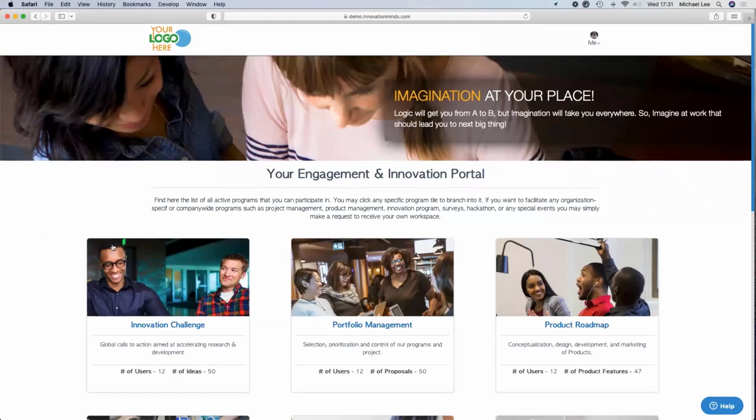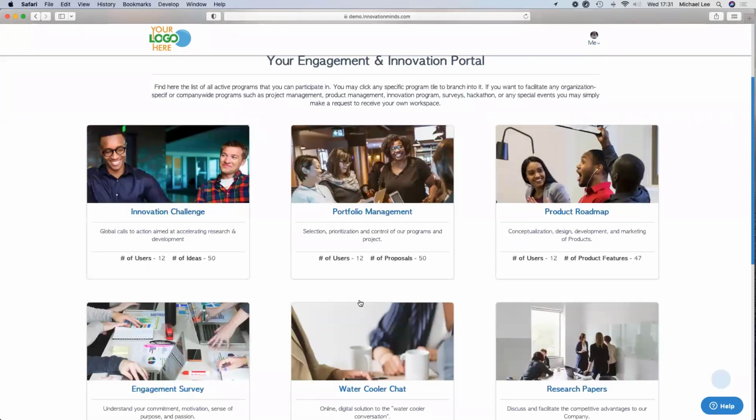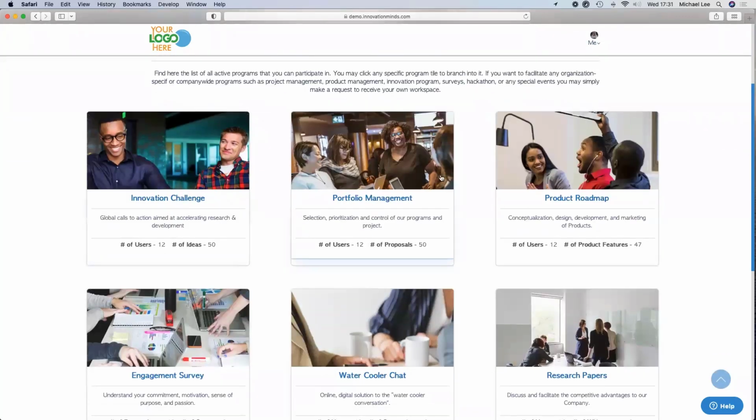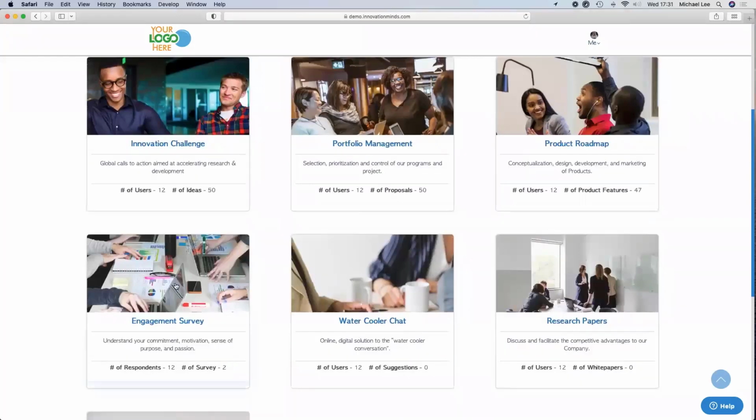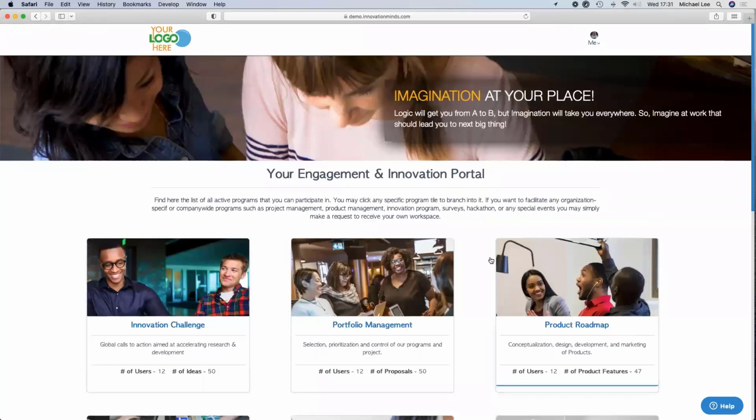Okay, so as you can see, this is the page where you'll land, this landing page, and you'll see that there's a lot of different options that you can set up here for everybody. So we have it set up with an innovation challenge, a place where you can manage your portfolio, but we've also got surveys, or you can just have a place for people to chat, or you can even store some of your information or papers here. So really this allows you to put everything in one place, even if the roads are going down very different